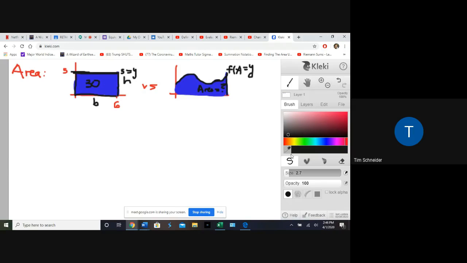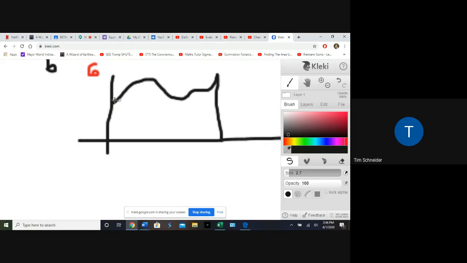So instead of just coming up with something really complicated for this, we're going to start with something simple and estimate it with rectangles. So let's look at what that looks like here. So it goes kind of up and kind of down, and then up a little bit, and then up again. So what the basic idea is,